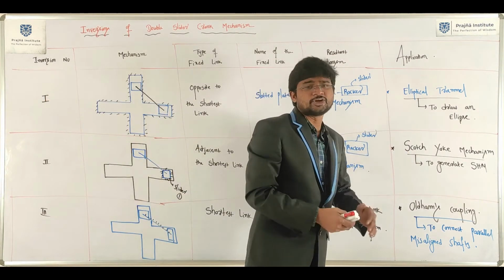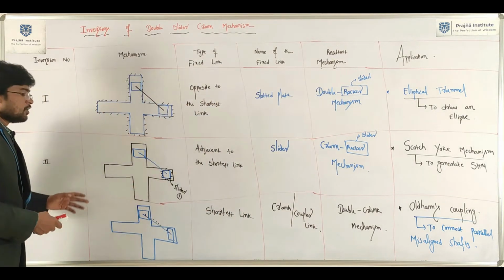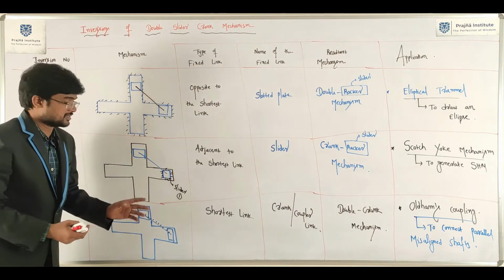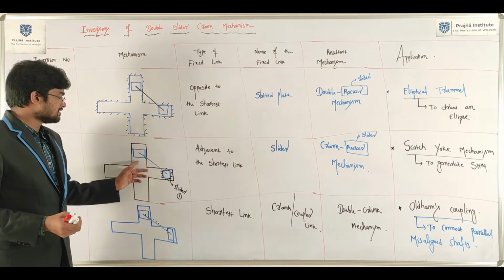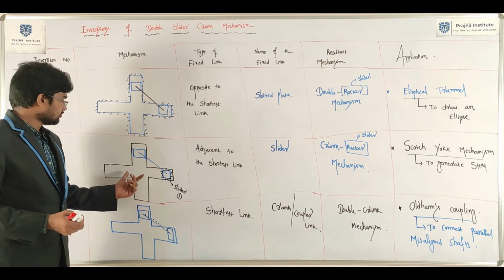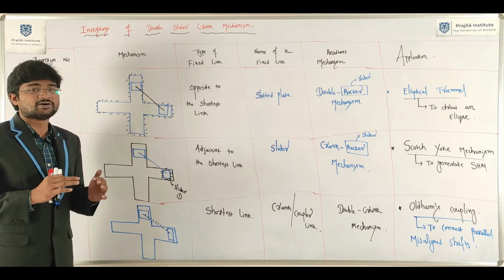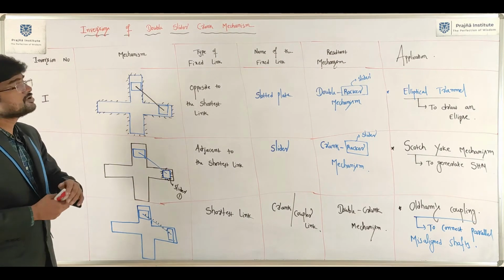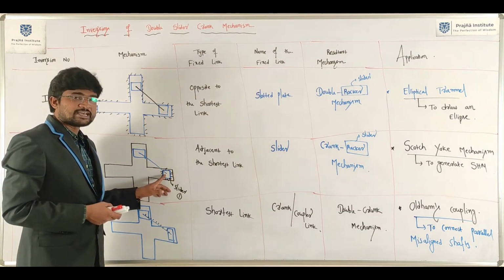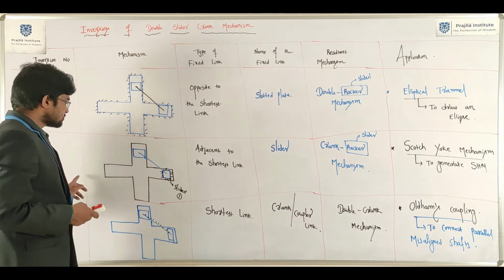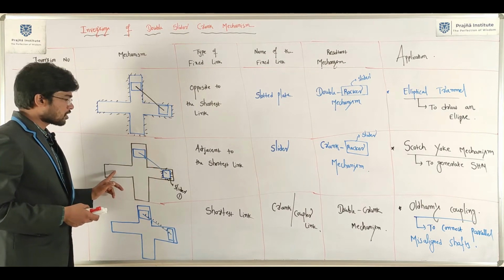Elliptical trammel is a drawing instrument. It is used to draw an ellipse. Here, if you fix slider 1, then this will slide actually. It will reciprocate. In all the cases you will get double slider. So these are the inversions of the double slider mechanism. Here this link will be fixed, so it will be reciprocating and it behaves as a crank rocker mechanism.